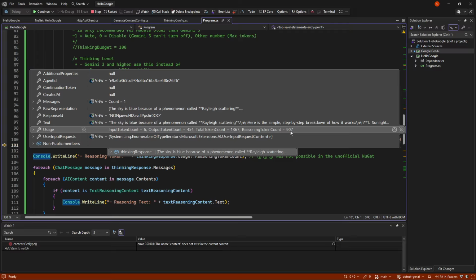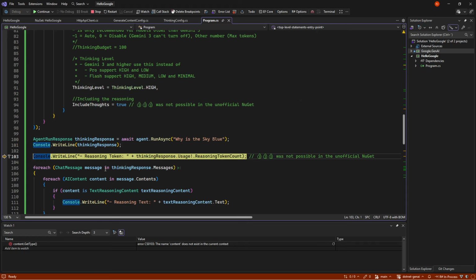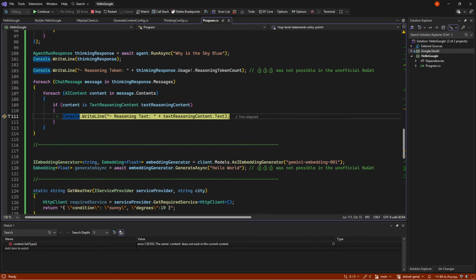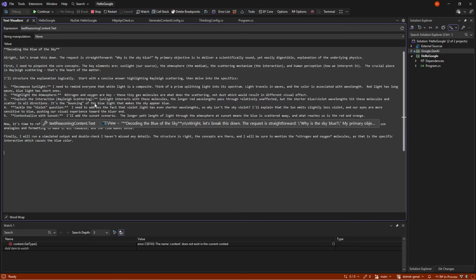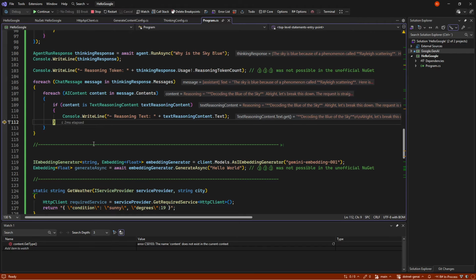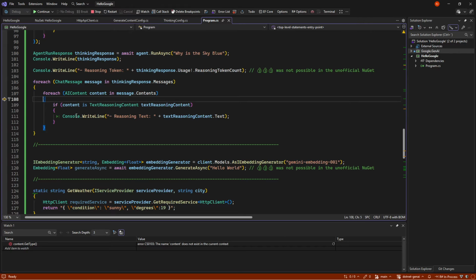This is also something the unofficial NuGet package couldn't give back, how many reasoning tokens were used, and the new one can, so that's really nice as well. And if we go down and find the message with the text reasoning content, we now can get the text of what it thought about. So this is its thinking on this specific question. That was also not possible because we couldn't even set that we wanted to include it.